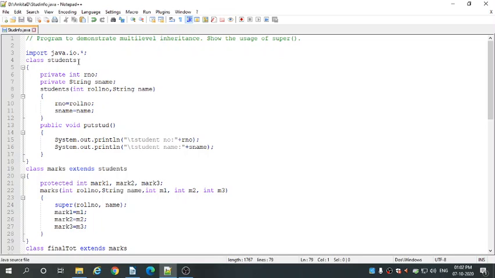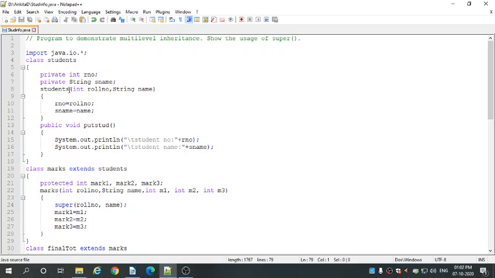We have declared here the class with the name student. Inside the class, we have written student information, like we have declared roll number as private and the student name as private. Though it is declared private, we cannot access this variable outside the class. Okay. Then comes the student constructor.